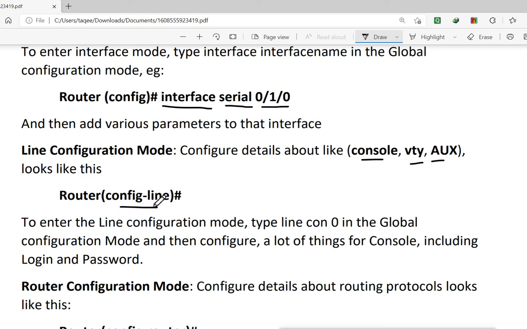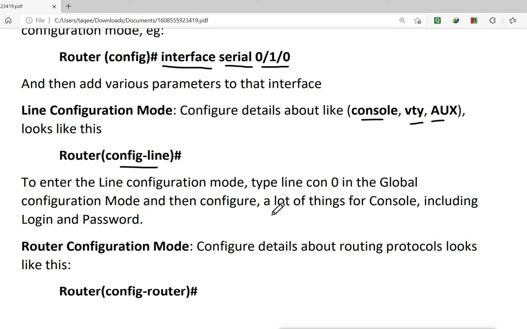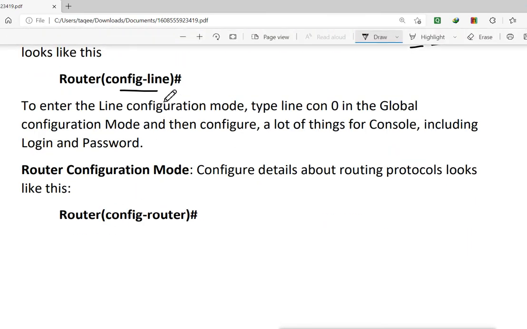To enter the line configuration mode, we can type line console 0 in the global configuration mode, and then configure a lot of things for the console, including the login, and we can also set the password for the login.